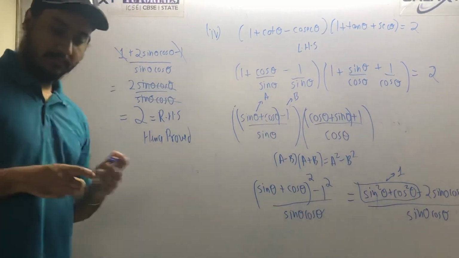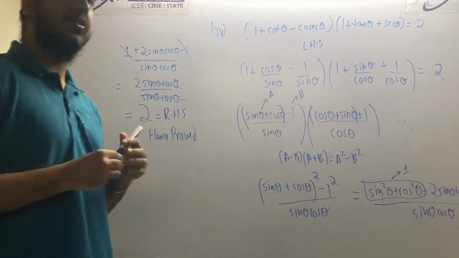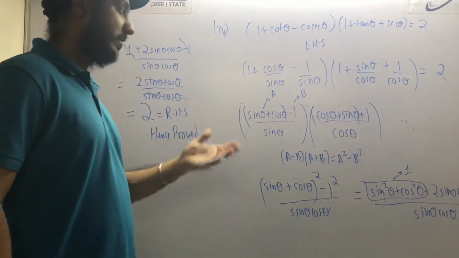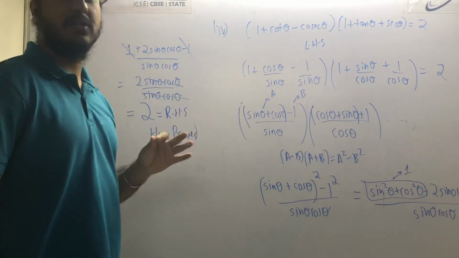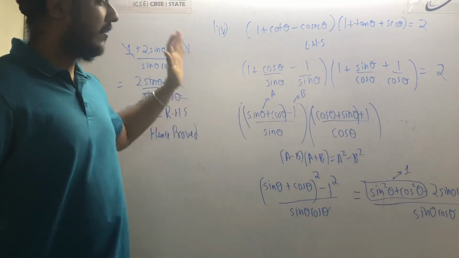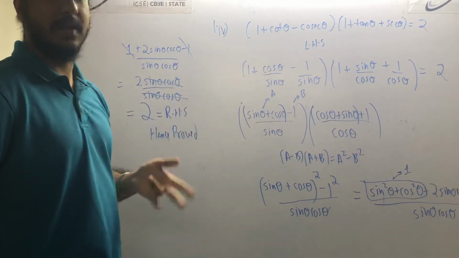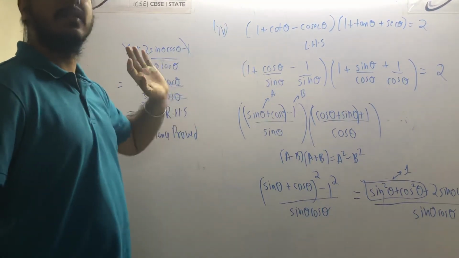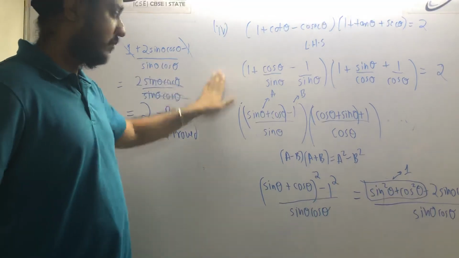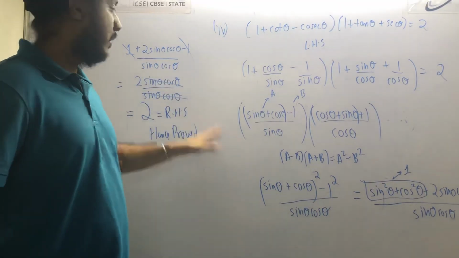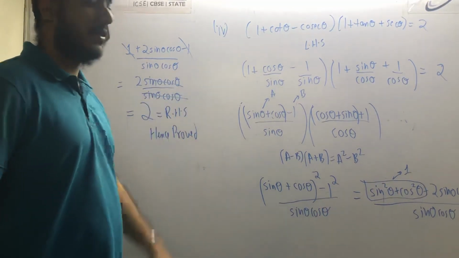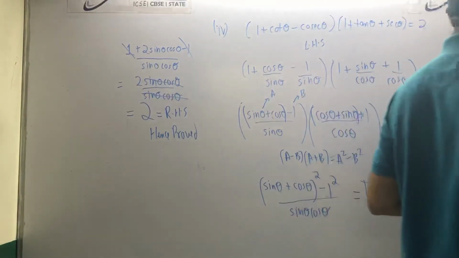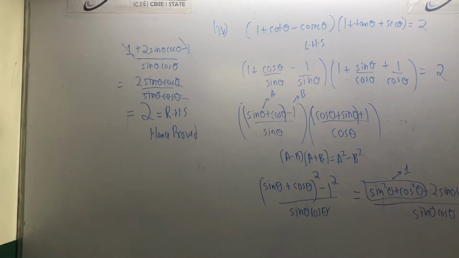Okay. See, the most basic thing that you can do in these questions is to start from the more complicated side and convert all the trigonometric functions into sin cos. After that, you will automatically see what is happening. If there is cot, tan, cosec, anything, just convert it into sin and cos. This is what I did exactly here. Okay, and now you can find out the answer. This is the way I proceed in question. Your teacher might show you different ways, but this is the way I proceed.